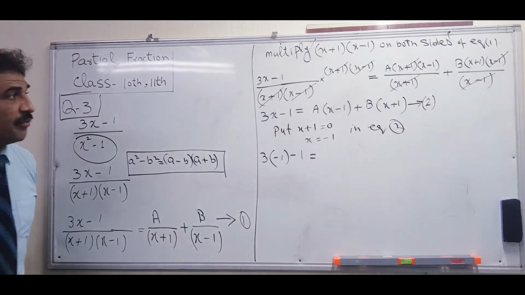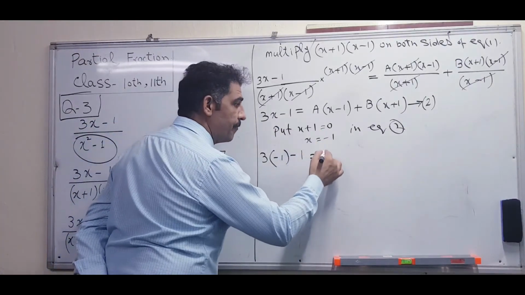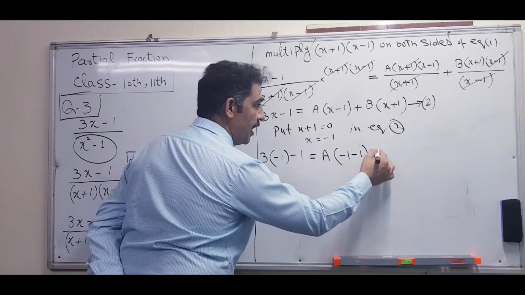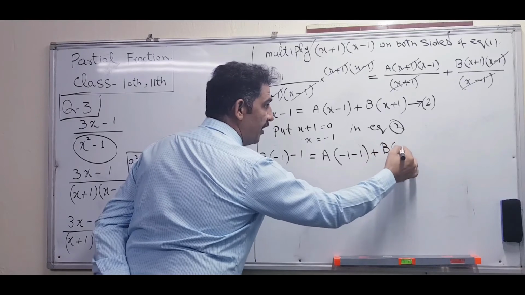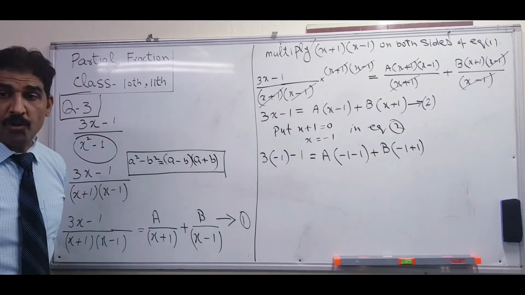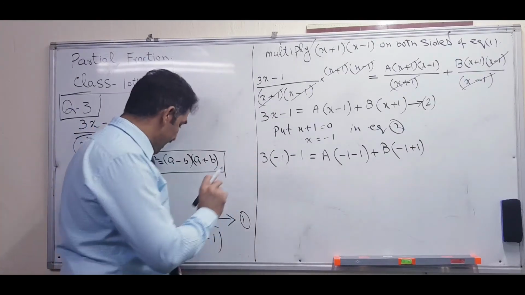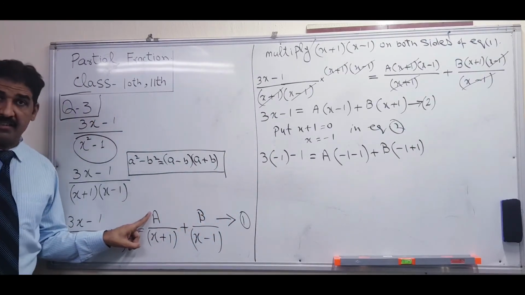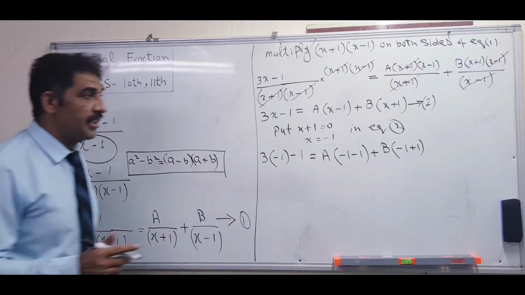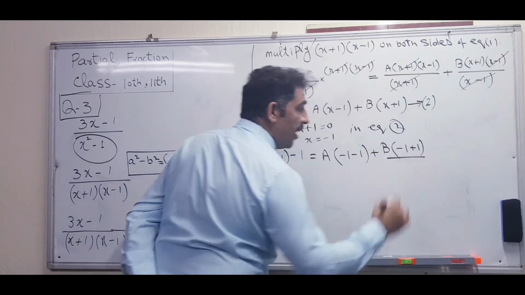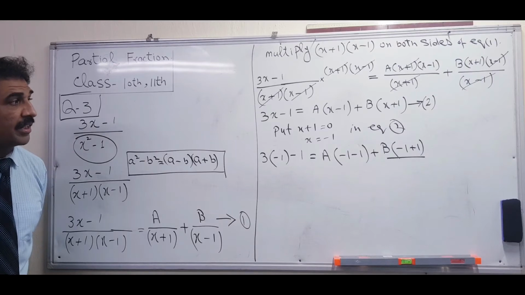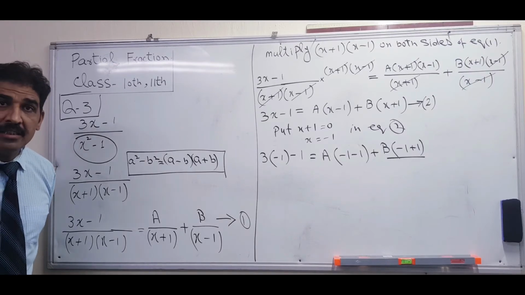Okay, then what do we have to write here? A in the place of x, minus 1, and plus b into minus 1 plus 1. As I told you before, on the right hand side, because we are taking the denominator of a, only the a term will remain on the right hand side, all other terms will be finished, because as you can see, minus 1 plus 1 is 0. When 0 is multiplied by any number, that term will also become 0.